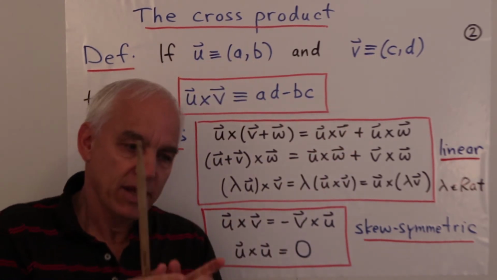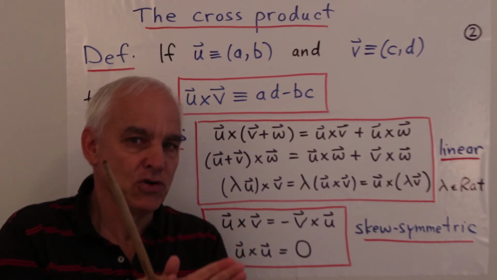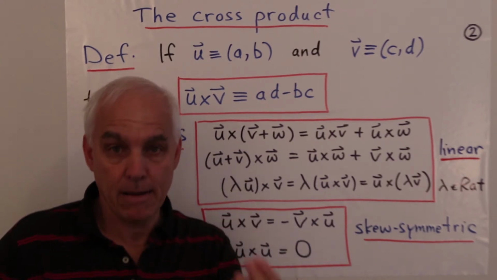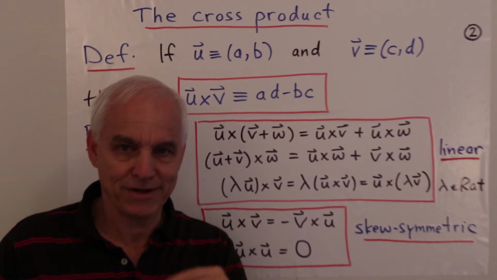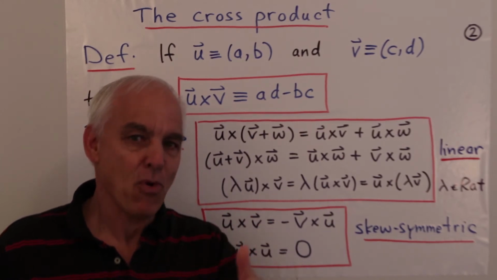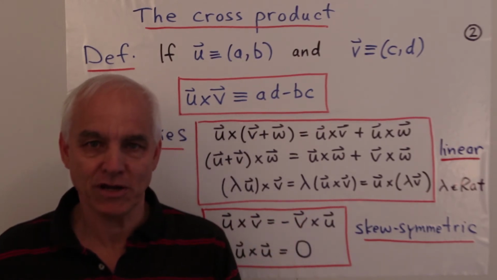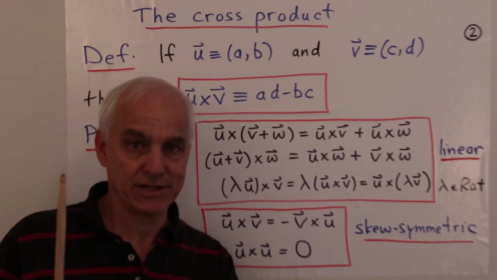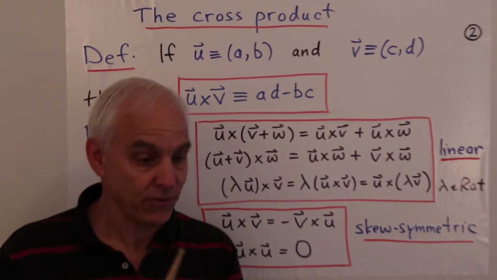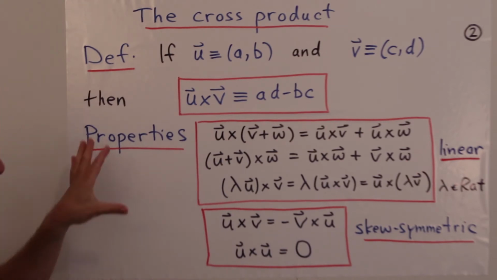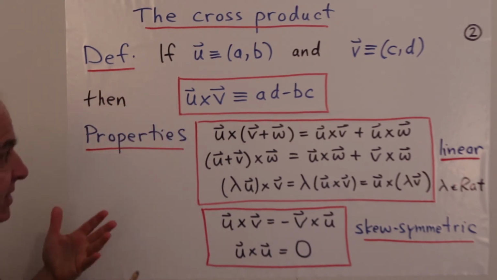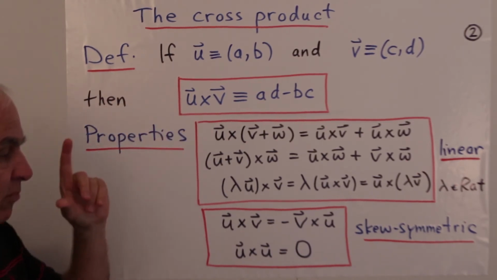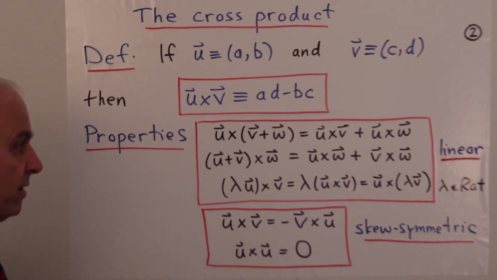So here, the cross product of two vectors in the plane is a number. Okay, that's an important distinction with more standard terminology. But it'll be really useful for us to have this notion under our belt, as you'll see. Okay, so this cross product is relatively simple, but it has some crucial properties that are going to be very